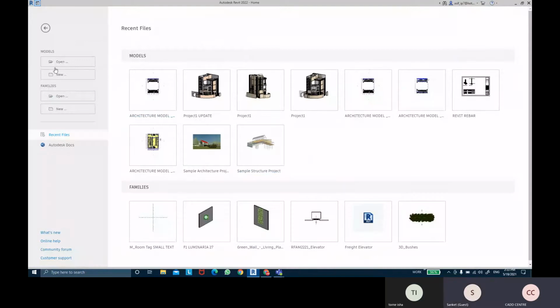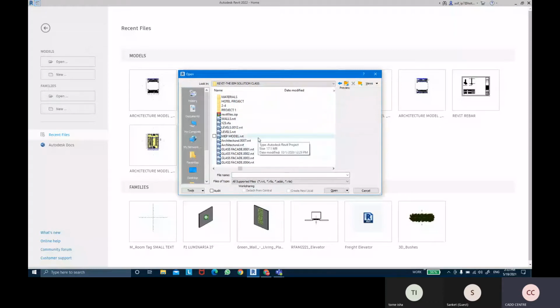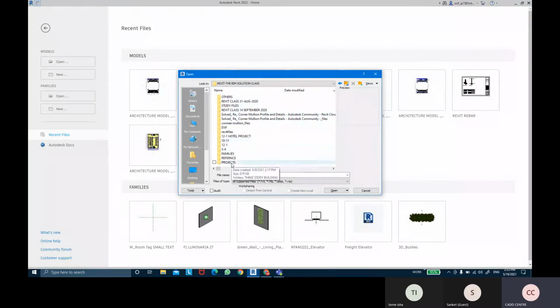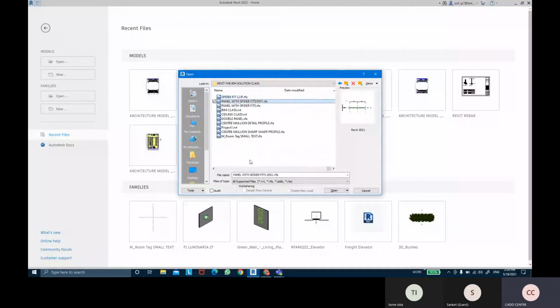So I'll just open the existing file that we were working on. Just find it manually.